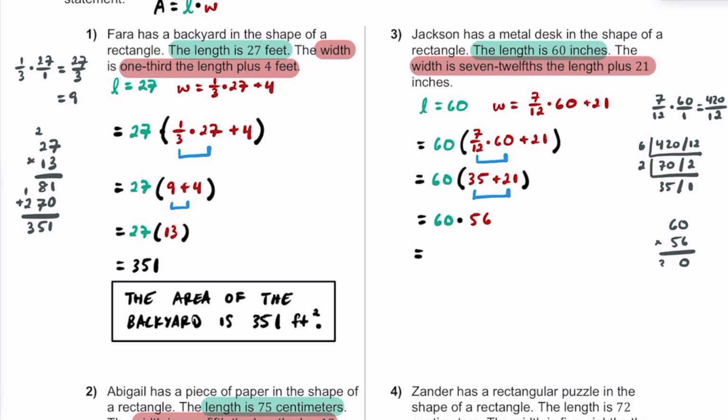6 times 6 is going to be 36. Put a placeholder here. 5 times 0 is 0. 5 times 6 is going to be 30. So we go ahead and add these partial products together. We're going to get 0, 6, 3, 3. So we're really looking here at